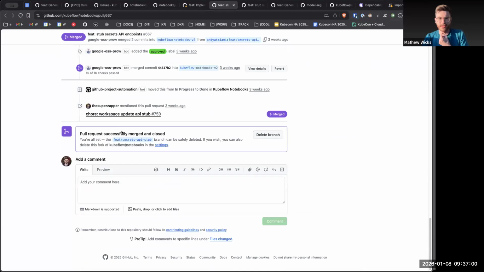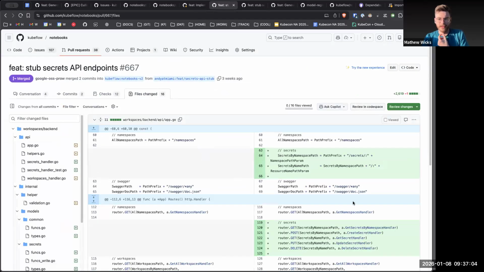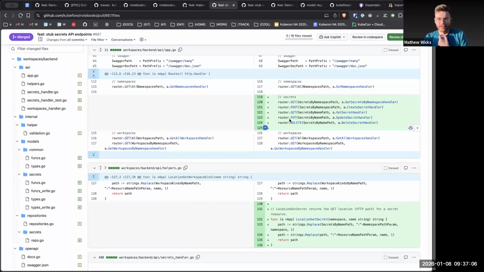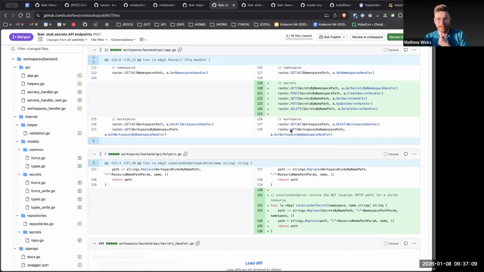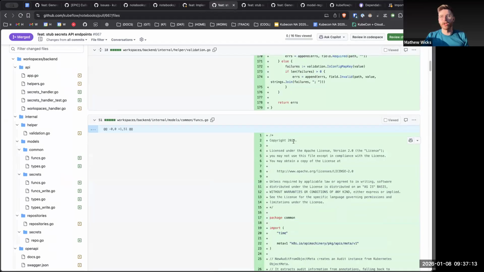So if people want to understand what we're talking about, there was this PR that took a bit of time to go through because it turned out to be quite complex. It was adding the ability for the backend to interact with secrets. Again, some of them are stubs and not real. I think the reason it took a bit longer than normal, and in the future it will take less time, is that